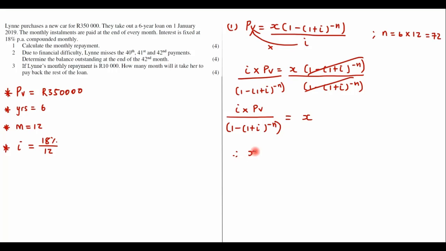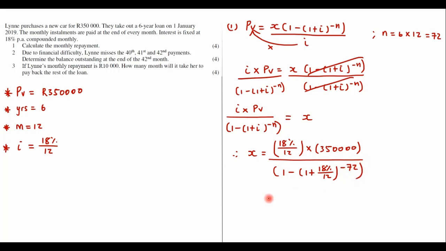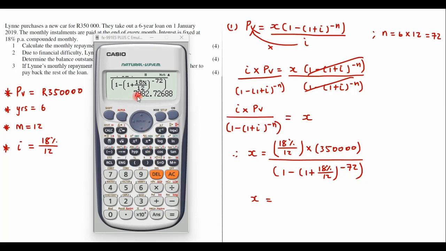So now let's go ahead and substitute here. So i, in this case, is 18% over 12, right? And then times PV, which is 350,000 rands, over 1 minus (1 plus, again, i here is 18% divided by 12), to the power of minus n, and if you remember n, we said it was 72. So now when you press this into a calculator,